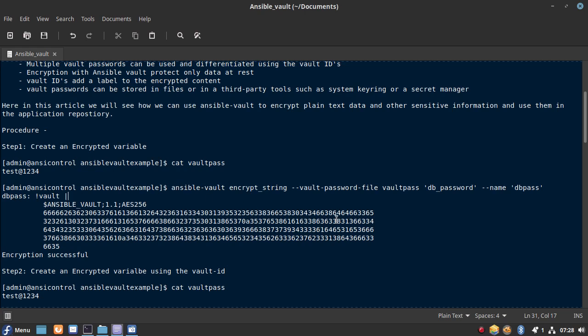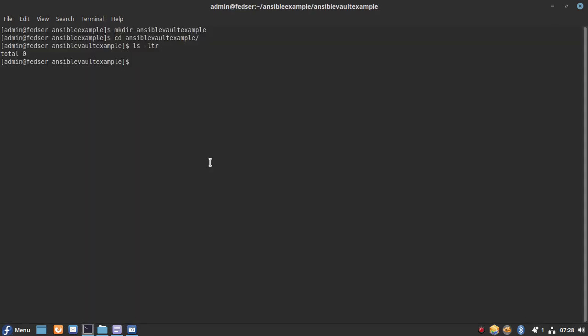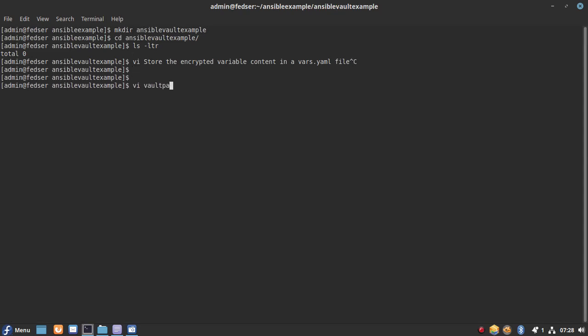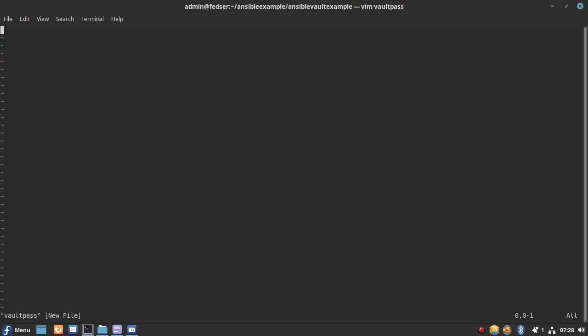So for that purpose, I am going to create one file called vault_pass, which will be used to encrypt and decrypt the data. Test@1234.